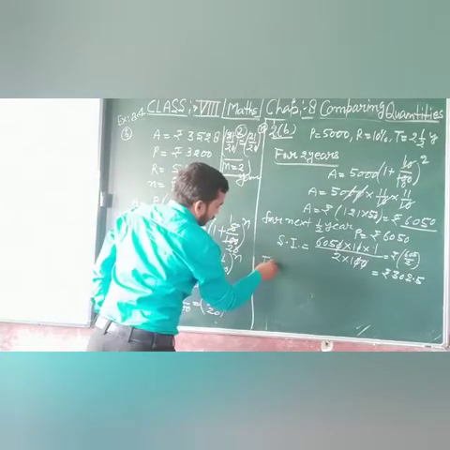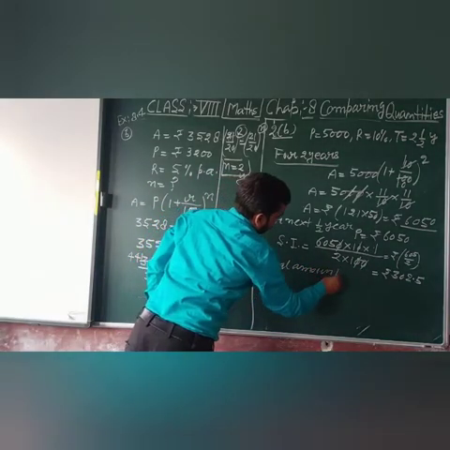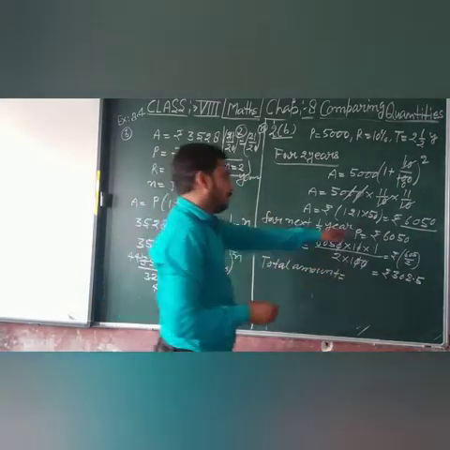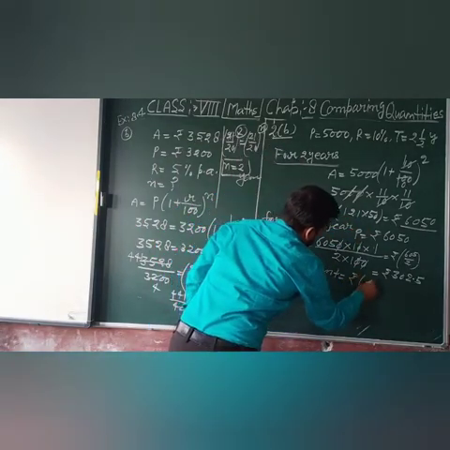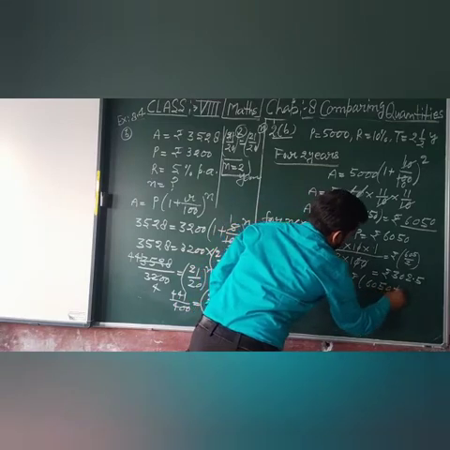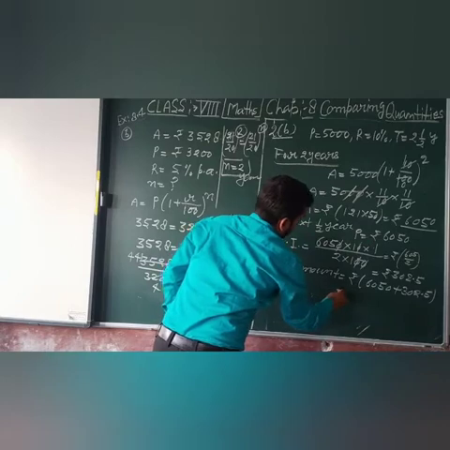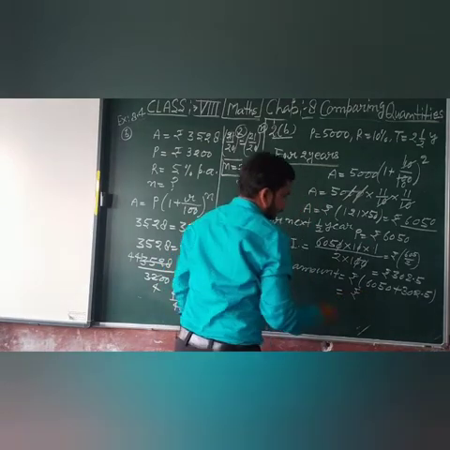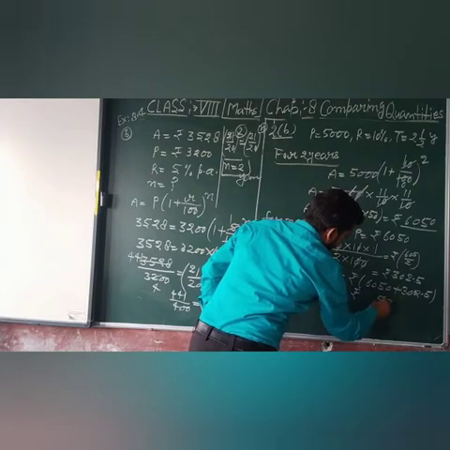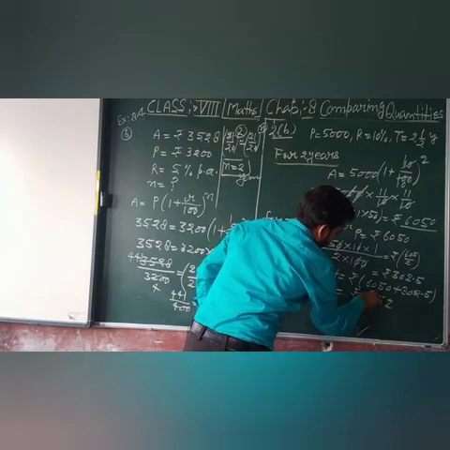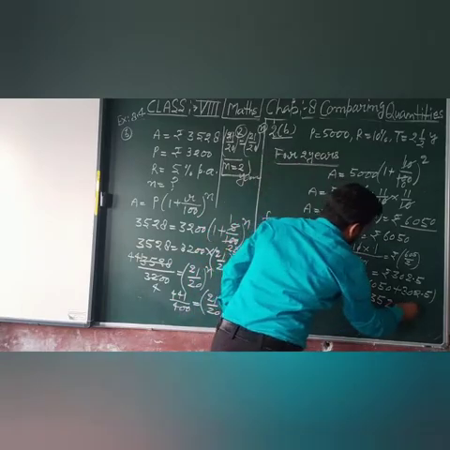So total amount equal, add this amount to this interest, 6050 plus 302.5. So when we add, 2 5 3 6, 6352.5, that is the amount,